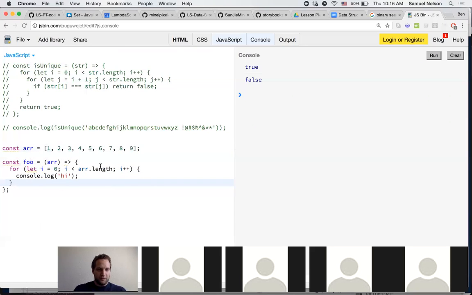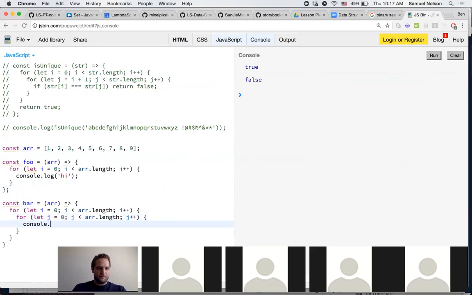It's going to loop 9 times. If I do this, const bar equals array, and for let j at 0, j less than. So if we did that, this second bar, if we were to call it with array,